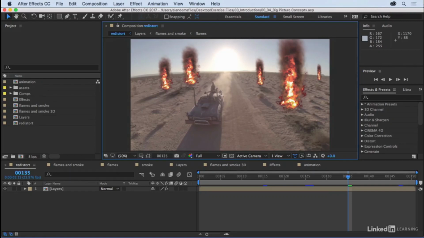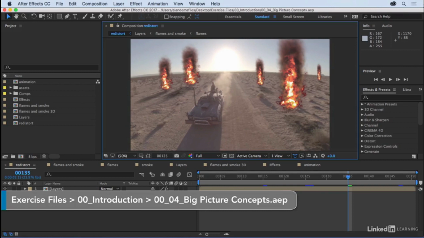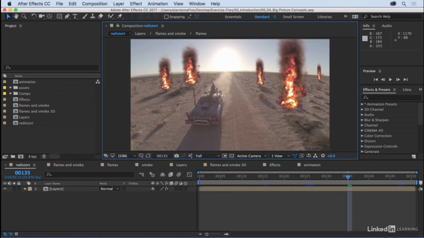Just a quick note regarding navigating inside of After Effects before we begin. During the course, I'll often be zooming in and out of the composition window to better visualize the small details of the shot, and then back out to see the picture as a whole. If you're using a mouse with a scroll wheel to follow along, use it to zoom in and out of the window. So here, zoom in and zoom out.